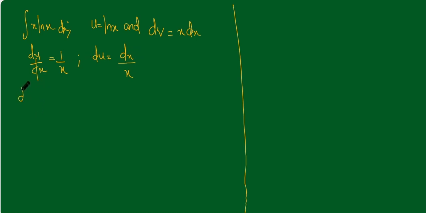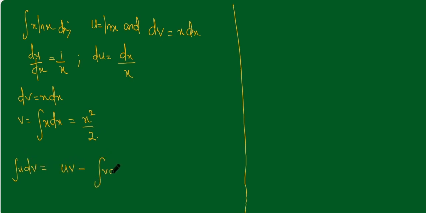Our dv is equal to x dx. So our v now becomes the integral of x dx, which is equal to x squared divided by 2. So applying our formula, integral of u dv is equal to uv minus integral of v du. We now have the integral of x ln x dx will be equal to uv, which is x squared divided